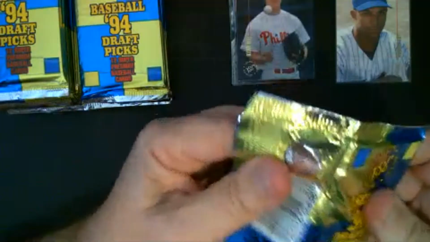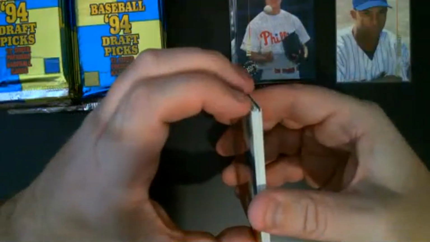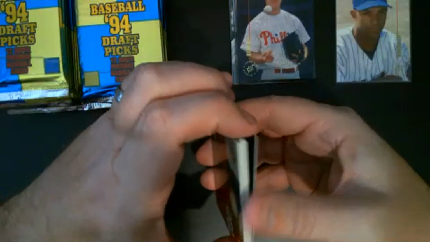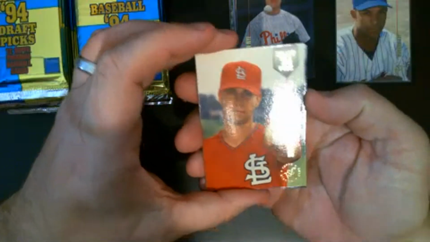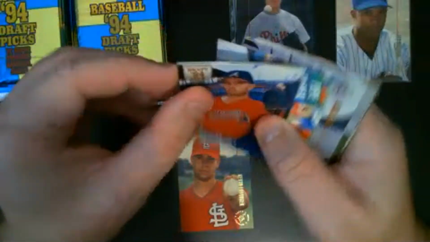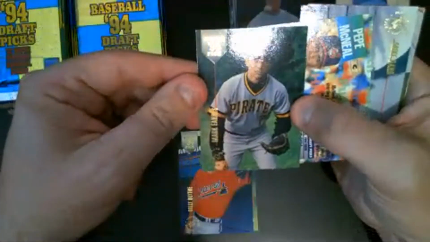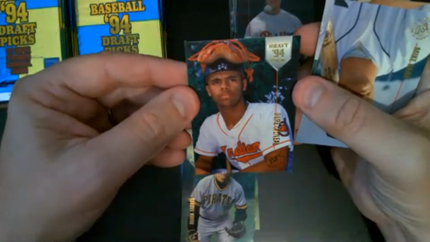Oh, very cool. Caught Rick Ankiel. At one point, I had some pretty cool cards of Ankiel. I don't know what happened to them. Pretty sure I don't have them anymore. Kevin Lovinger for the Cardinals. Another Billy Blythe. For the Pirates, Mark Ferris. We have Pepe McNeil for the Indians. Mike Darr